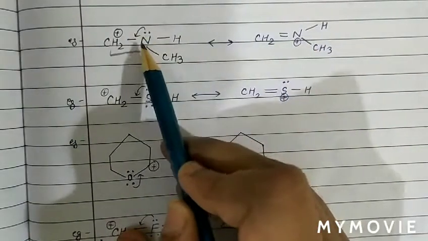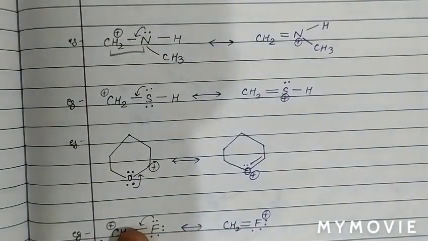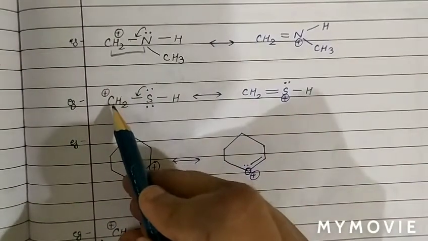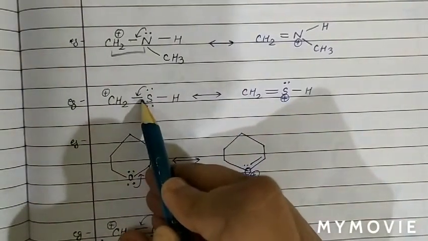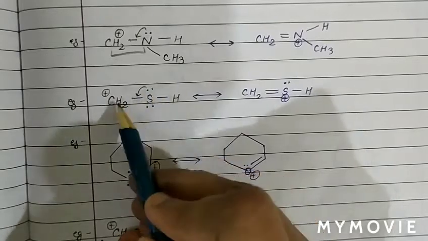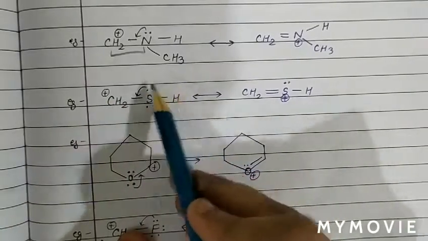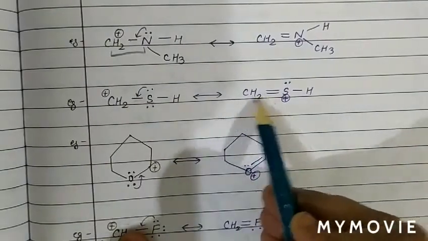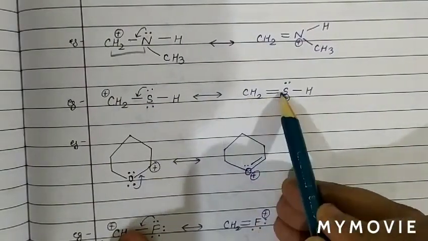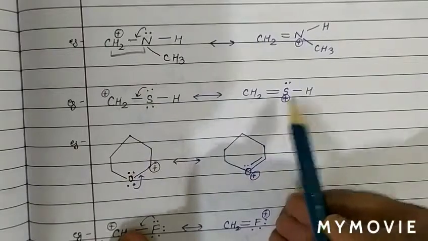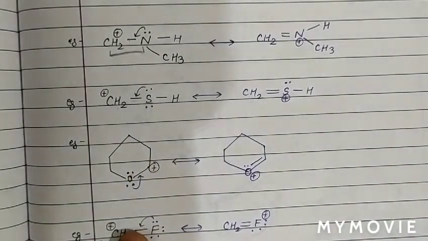When nitrogen donates its electron pair, there is a positive charge on the nitrogen atom. This is also C=S, then a single bond, and then a sulfur atom with a lone pair. So there is one vacant orbital and one filled orbital separated by a single bond. So there is also resonance. The pi bond between the carbon and sulfur will acquire a positive charge after donation of the electron.